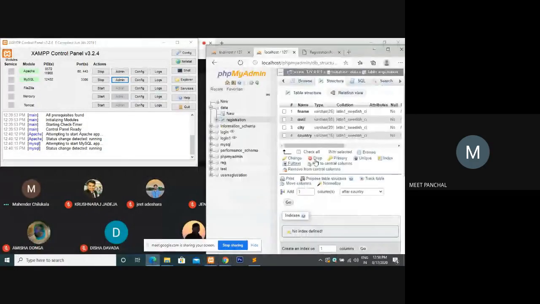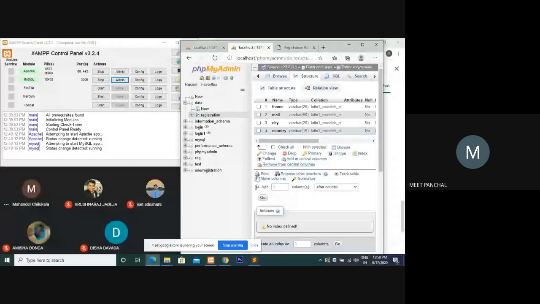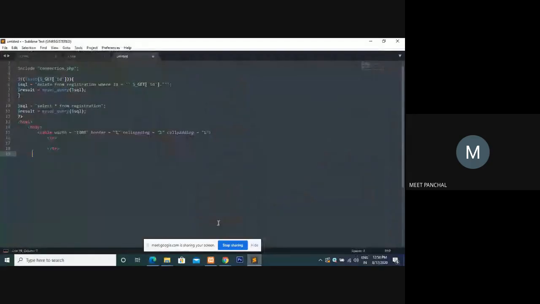So I have created the database test, and under that I've created the registration table with fname, mail, city, and country. I'm writing the PHP code. Okay.